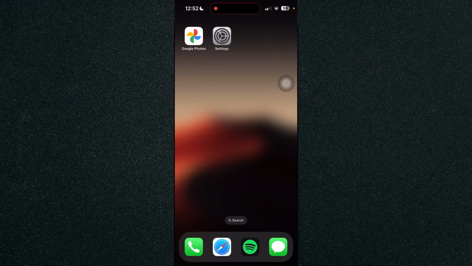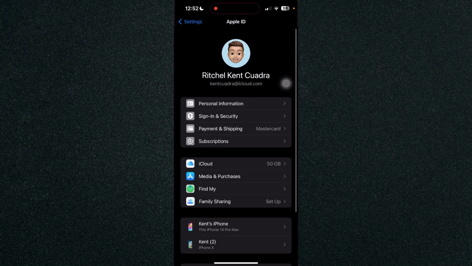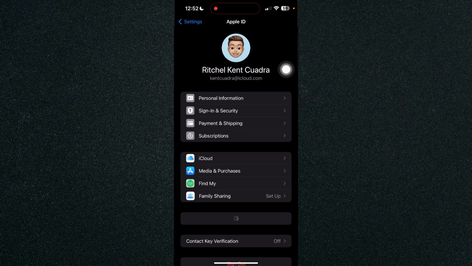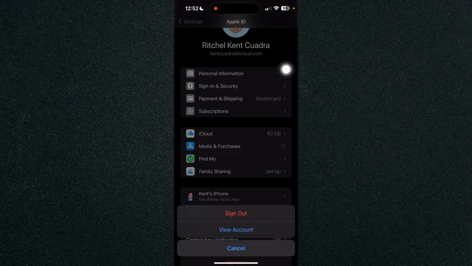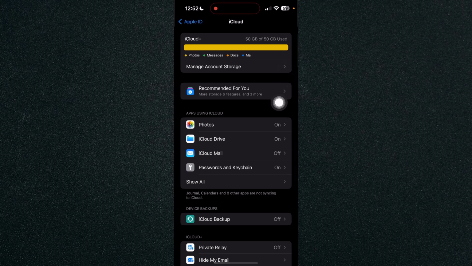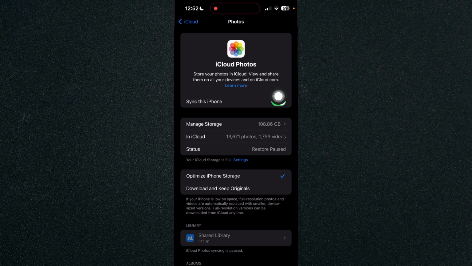In this video, I'm going to show you how to make Google Photos default on iPhone. So first, let's head on over to settings, and let's head back for a moment and click on the top on your name and click on iCloud. So once you've clicked on iCloud, head on over to Photos and click on the Sync This iPhone to turn